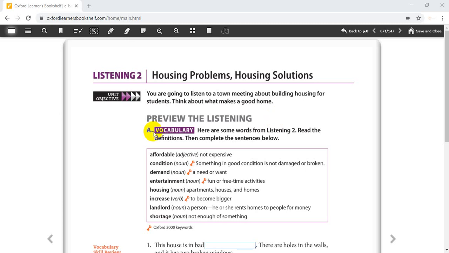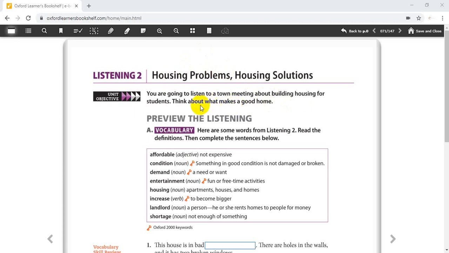All right, now let's continue with our Unit 5, Listening and Speaking, page 71, Listening to. In listening to, you're going to listen about housing problems and housing solutions. Like you're going to listen to a town meeting about building housing for students. So you're going to listen to what opinions people have in the town meeting because they want to build housing for